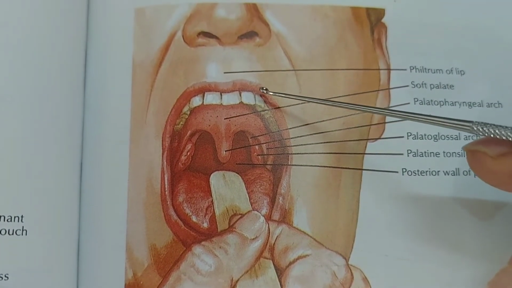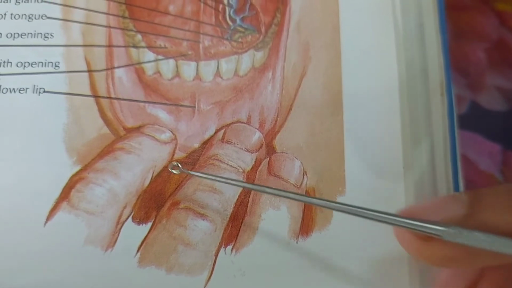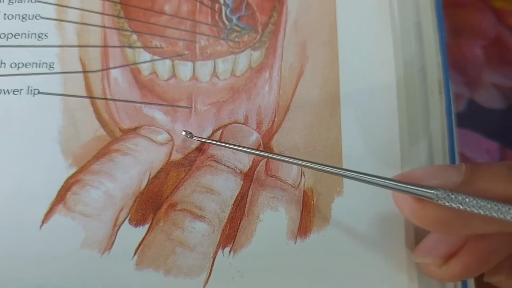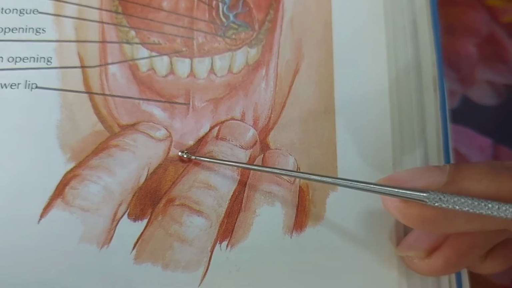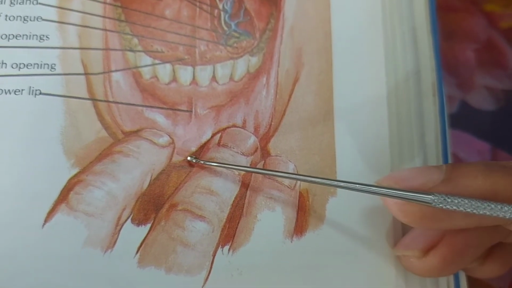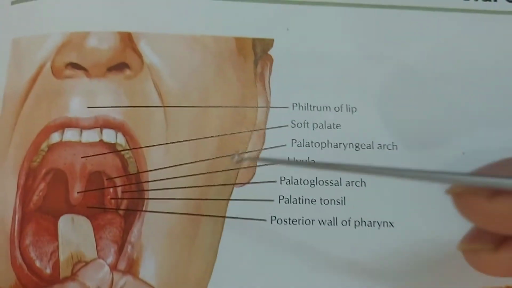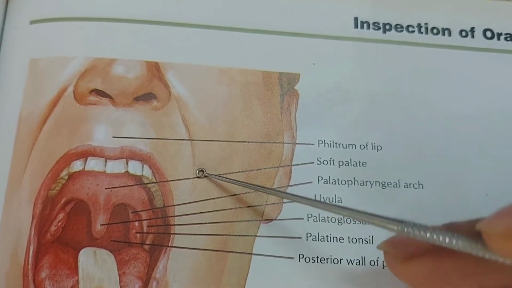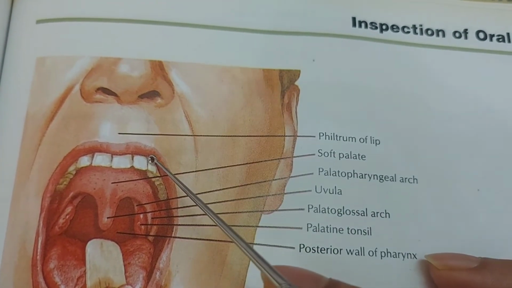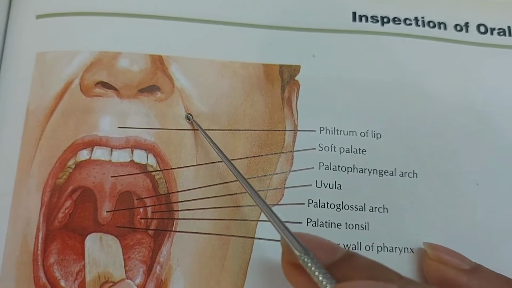The lip extends from this. Here is the mucocutaneous junction. Here, if we look very closely, there is a junction where the mucous membrane and the cutaneous part of the lip unite. This is the mucocutaneous junction, and here we see the nasolabial sulcus or furrow. From this mucocutaneous junction up to this nasolabial furrow, this is the lip.